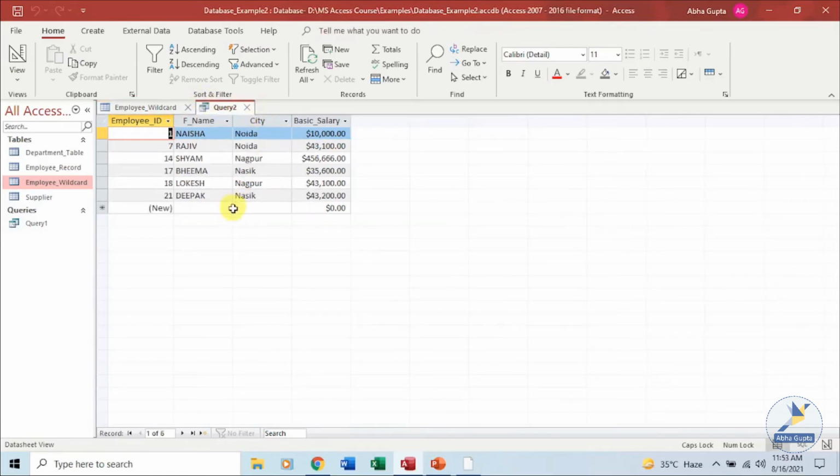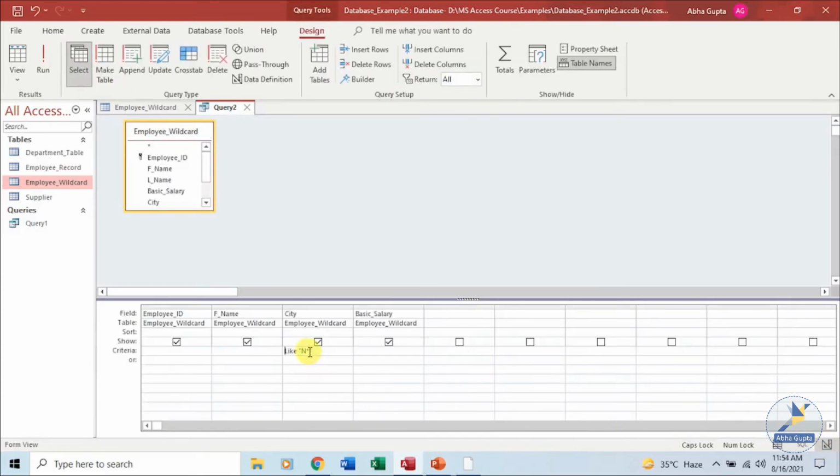If I say it starts with N, the second character should be A, and then the rest of the characters could be anything, it will not show me Noida. So the first 2 characters are NA, and then the rest can be any characters.